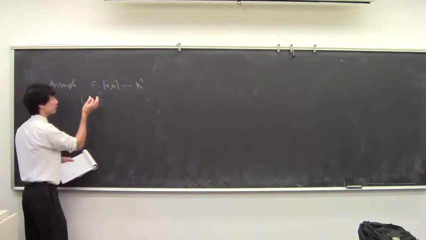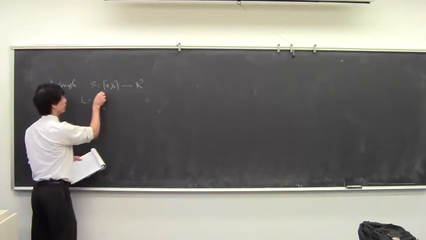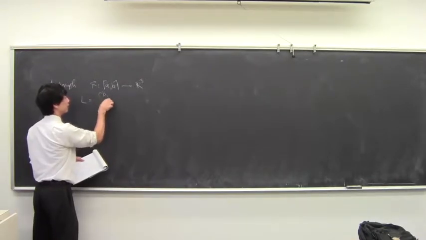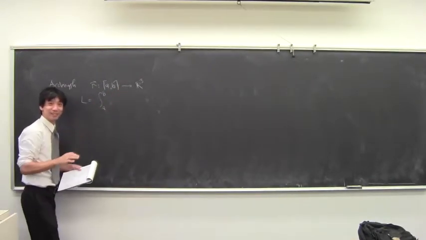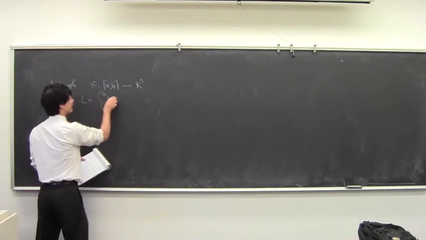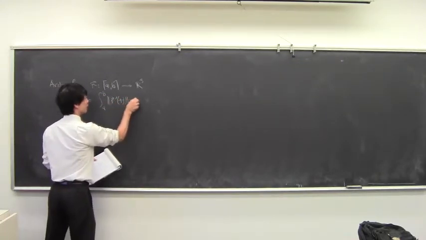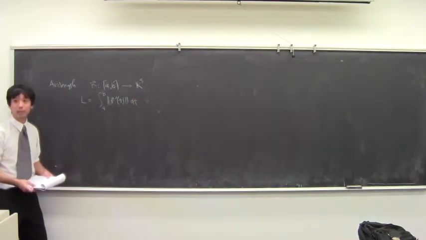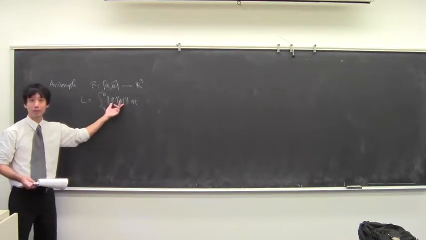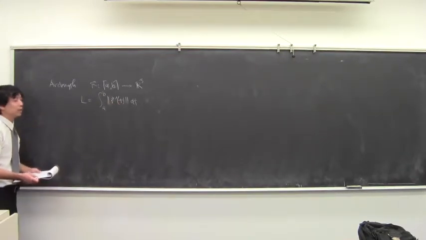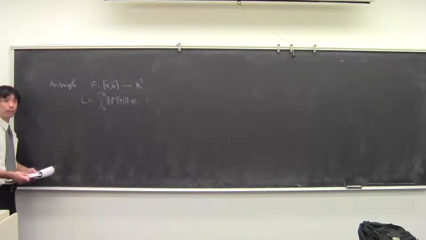The length is going to be the integral from a to b of the magnitude of the tangent vector. In other words, the speed, the magnitude of the velocity vector, that is to say the speed. Okay. And then from there, we went to somewhere else,